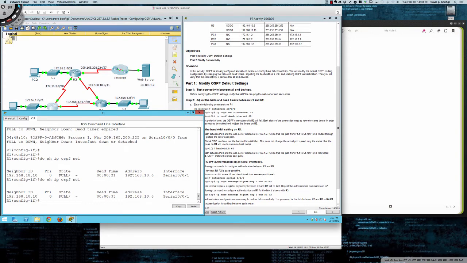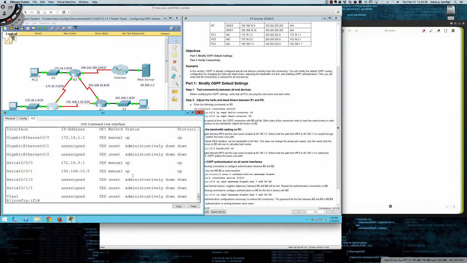So we have a single neighbor right now, and the neighbor's neighbor ID is 192.168.10.10. Let's do a do show ip interface brief. And as you can see, we've got our gig 0/0 interface, and this goes out to our LAN segment. We've got our serial 0/0/0, which is what we just tweaked,